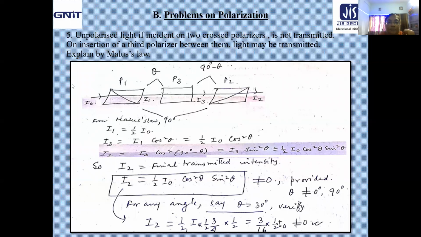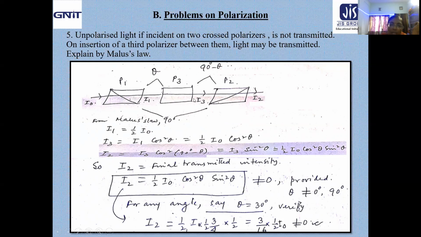Just take a look. So this is the first polarizer, P1. This is the second polarizer, P2. Look, they are kept at 90 degree with respect to each other. That's why the planes of transmission are drawn like that. That means they are crossed. Clear? In that situation, you will get no light at all from this end to that end, because it is at 90 degree with respect to this one.